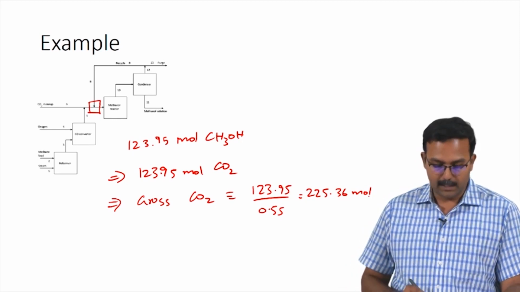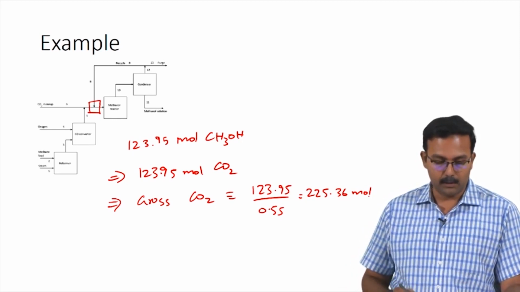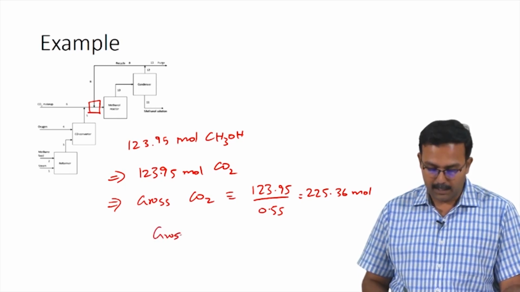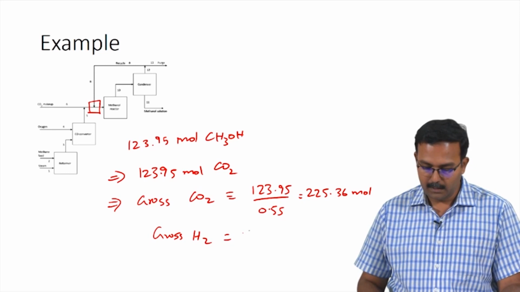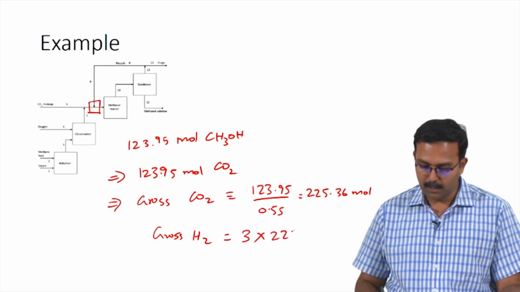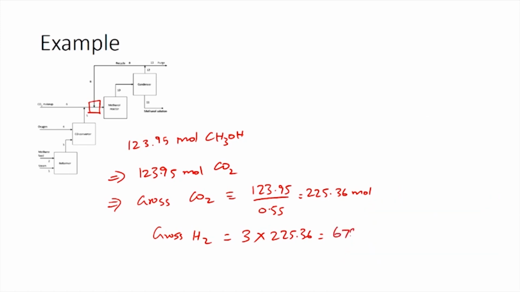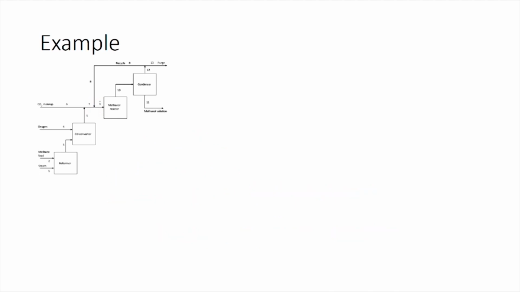As we know that the ratio of carbon dioxide to hydrogen is 1:3, gross hydrogen entering would be 3 times 225.36, giving a value of 676.09 moles. Now that we have information about the carbon dioxide and hydrogen which is present in the total feed,